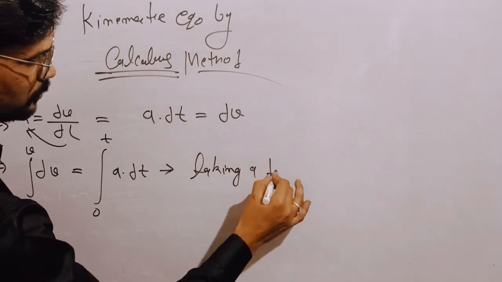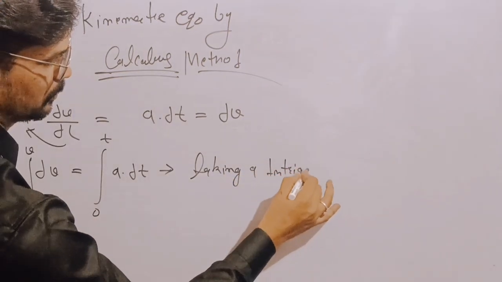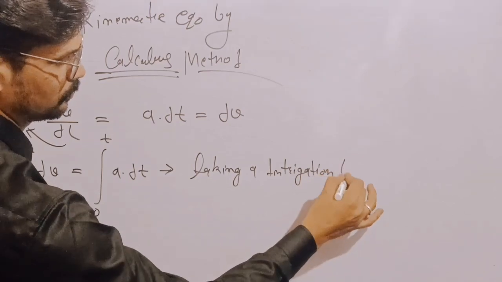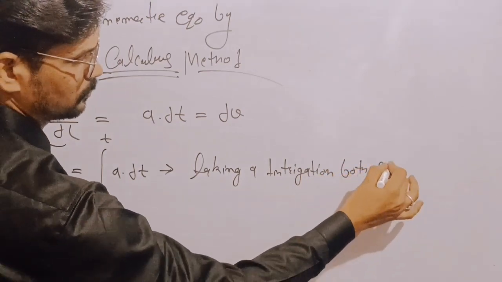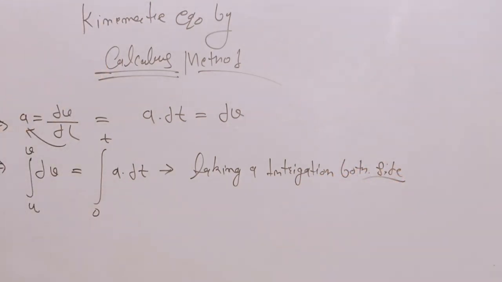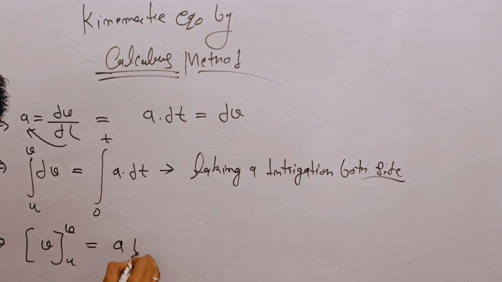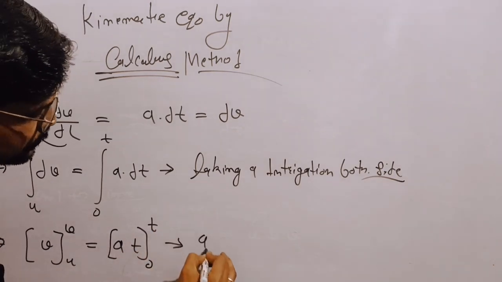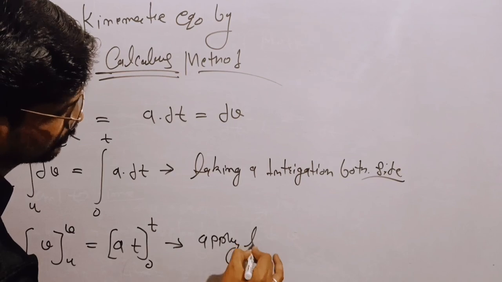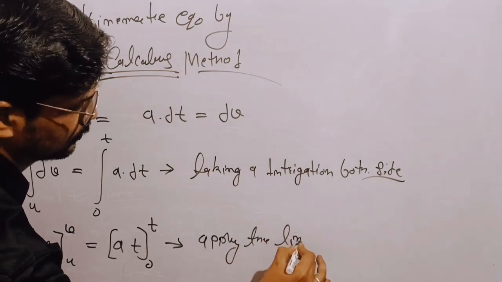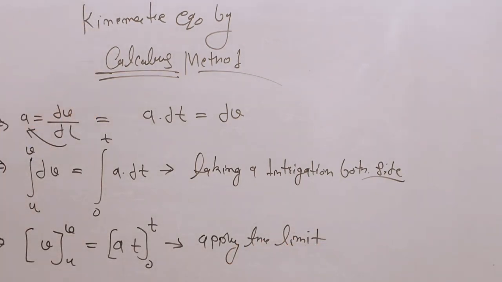So taking integration on both sides, apply the limit u to v, dv is the integration of v, and a into dt, the integration is at, taking the limit 0 to t. Then after applying the limit in the value,